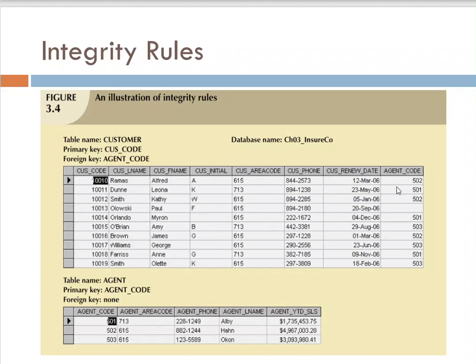So, agent code adalah foreign key di dalam table customer, tetapi dia adalah primary key dalam table agent. So, agent code lah yang akan menghubungkan table customer dan table agent. So, you can see here, for example, customer 10013, Olowski doesn't have agent code. Okay, dia baru join. Okay, then so it doesn't matter to have a null value for agent code in table customer